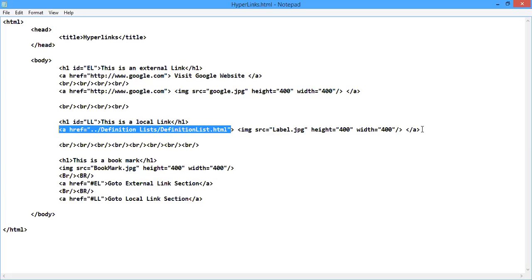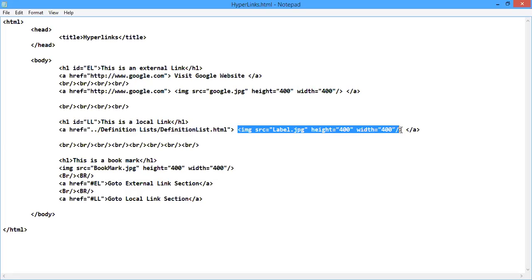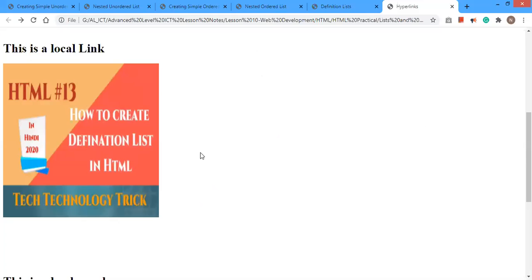And you can see, within the opening and closing anchor tags, I have set the image as the hyperlink. So I have just included the image in the normal way. You know how to insert an image into a web page. So when we go back to the output file, you can now see what has happened. So this is the area.